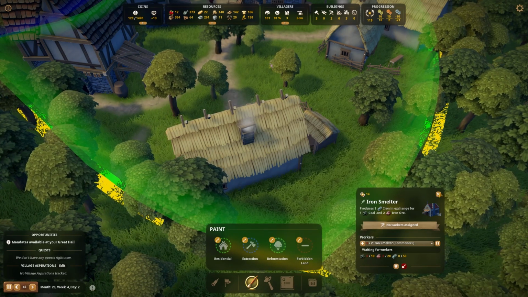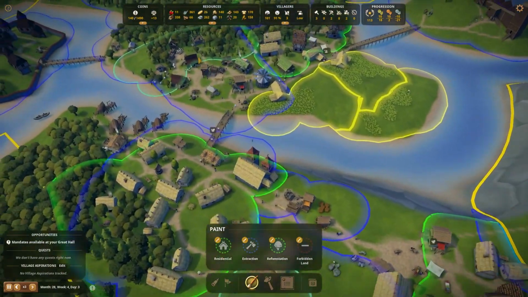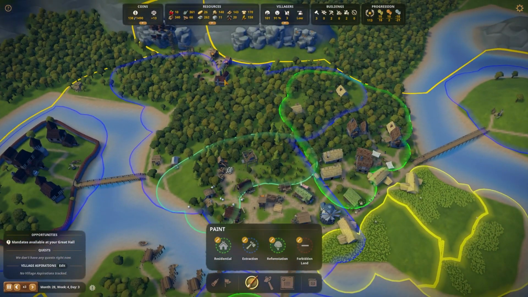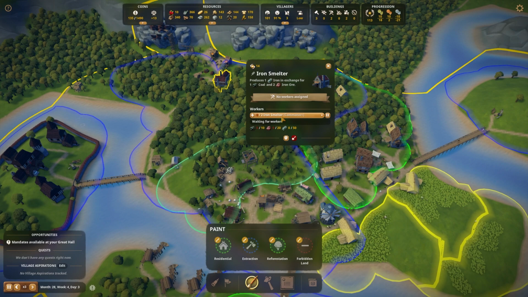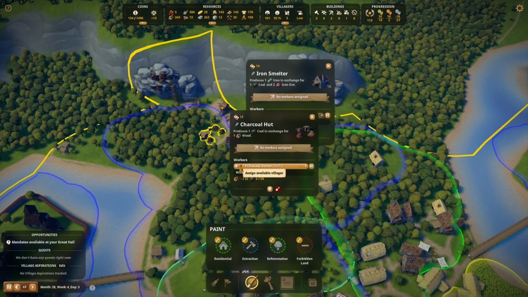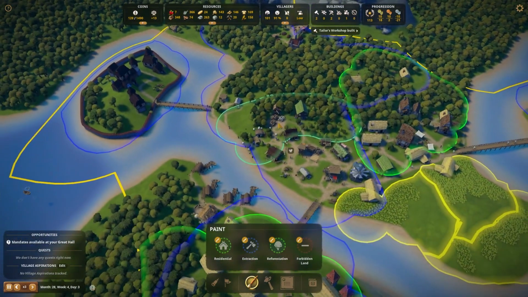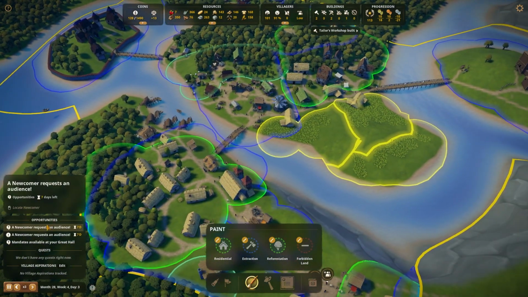There's nobody that's unemployed. I'm confused. Maybe they can't do that job because they're not high enough tier. Do we need a certain tier of people in order to work here? Common or plus? Oh. See, just like that, I can get serfs working there. But I need to upgrade some people in order to actually...